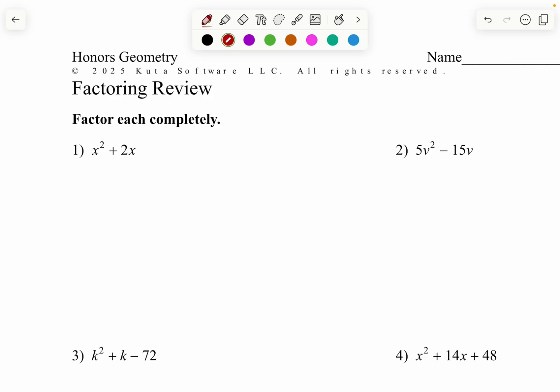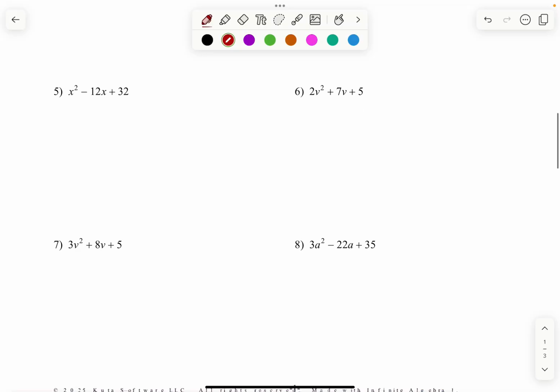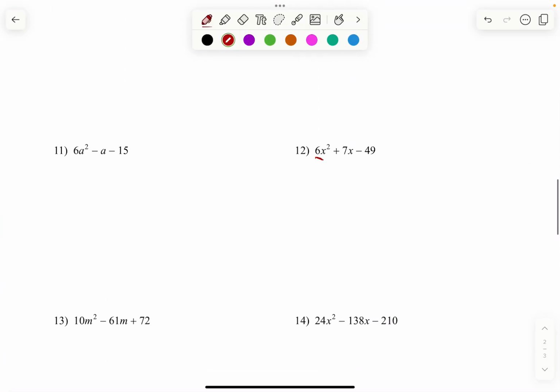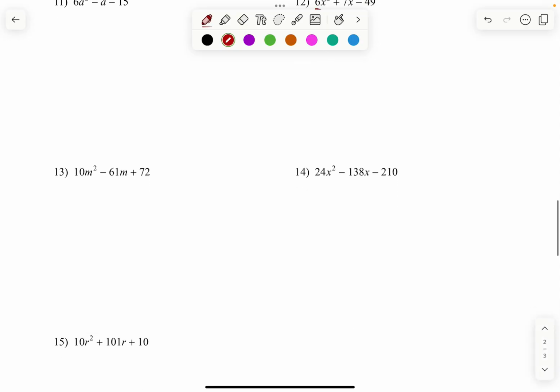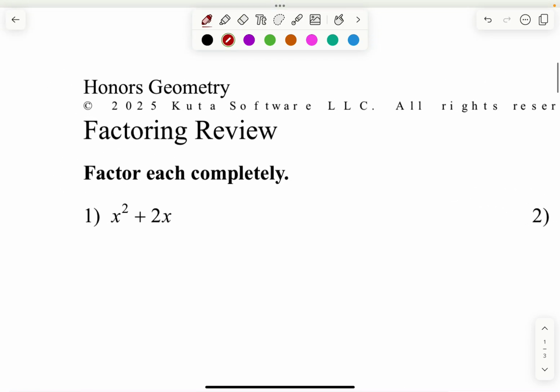This is just in case you missed factoring or you need a refresher, or something kind of went awry with the factoring game. So I'm here to show you a couple tips and tricks about how to factor some things. I'll pick out some problems that would be good. Seems like we got some interesting ones in here with the 6 and maybe the 10 and 24, so this would be a little tricky, but